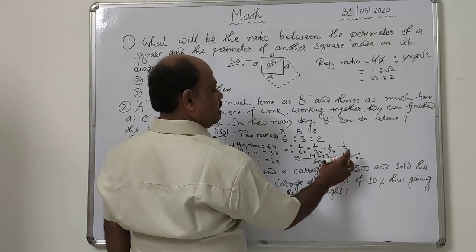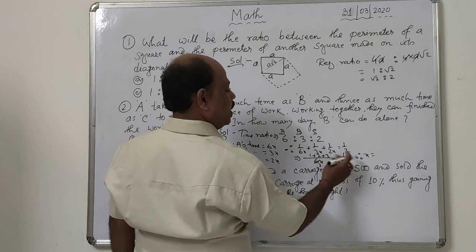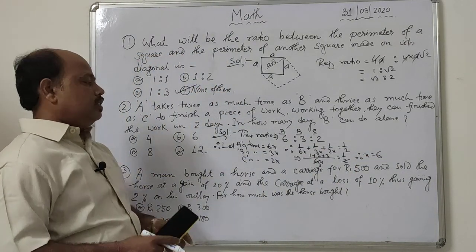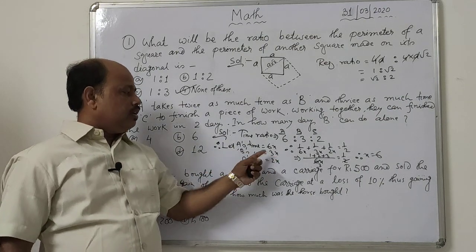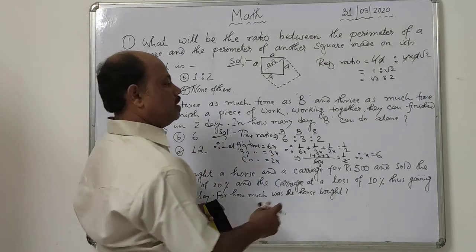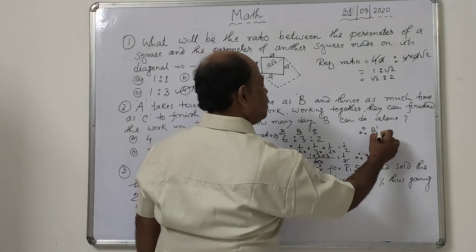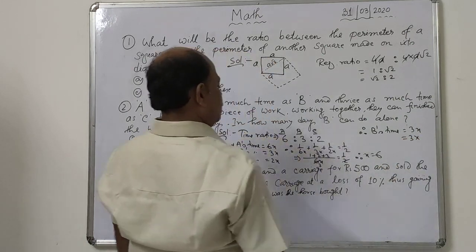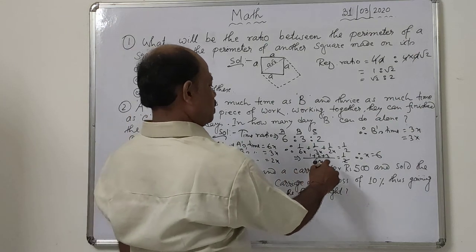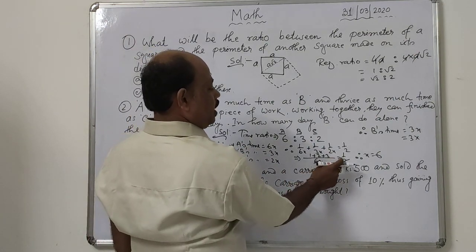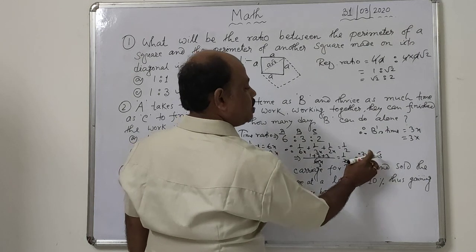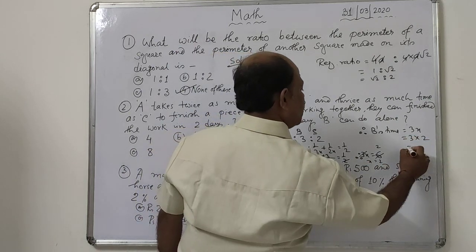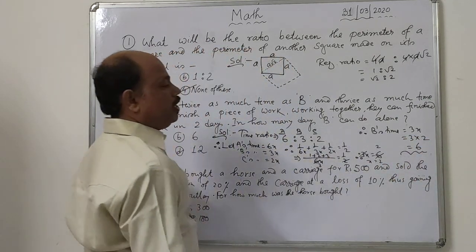And 2 3s are 6. Therefore x equal to 2. 1 plus 2 plus 3 equal to 6. So what is the time of B? And B's time you know 3x. Therefore B's time is 3x equal to 3 into 2. Here 2 3s are 6, 3x equal to 6, 3 2s are 6, x equal to 2. Therefore 3 2s are 6. So B's time is